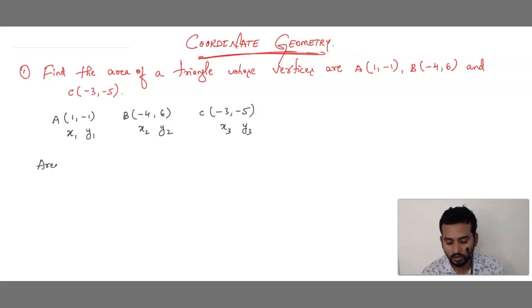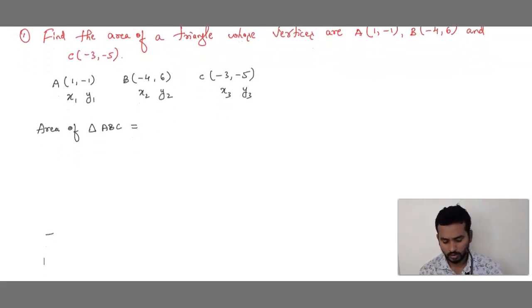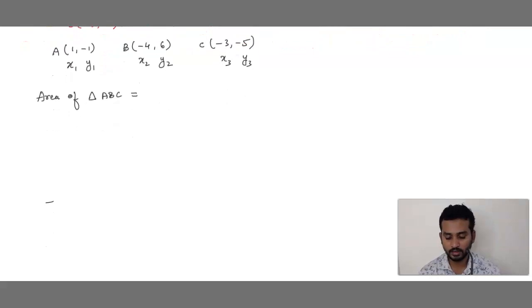We just write the formula. What is the formula? Area of triangle. What coordinates are given? ABC. So shall we write the triangle name here also as ABC? Area of triangle ABC is equal to, again I am going to write the formula, half into x, just try to leave some gap, and write half into x into (y minus y).